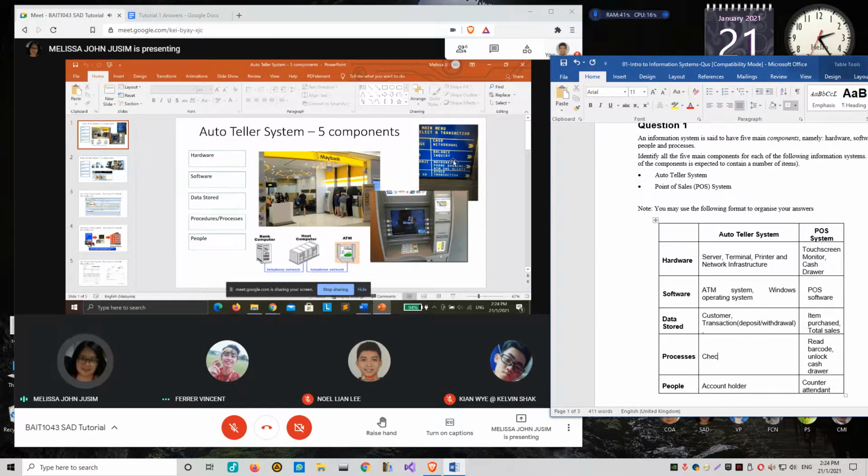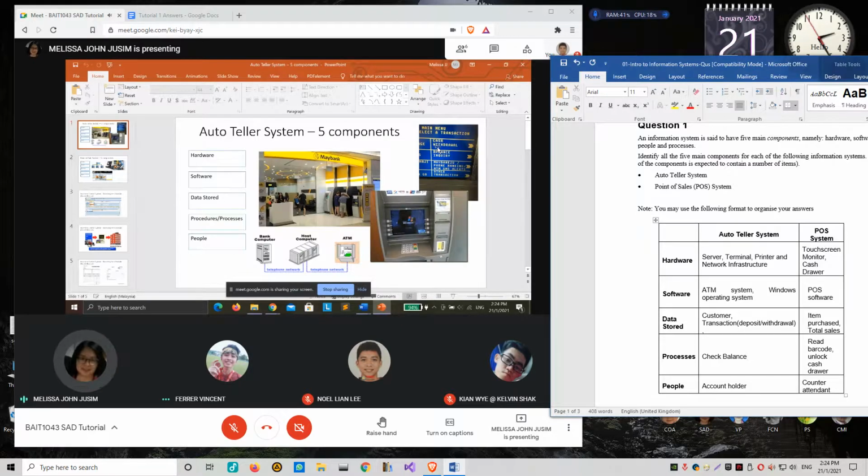Okay. So if the user selects cash withdrawal, then what can the system do after spitting out money? What will they do after that? Enter the amount.